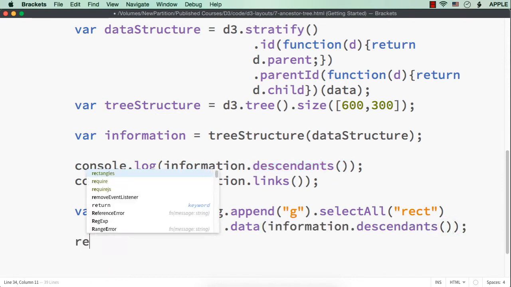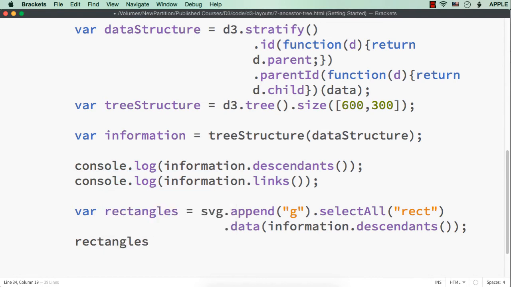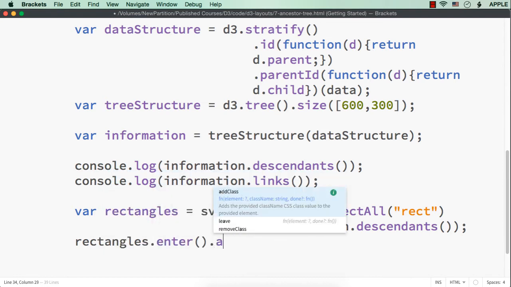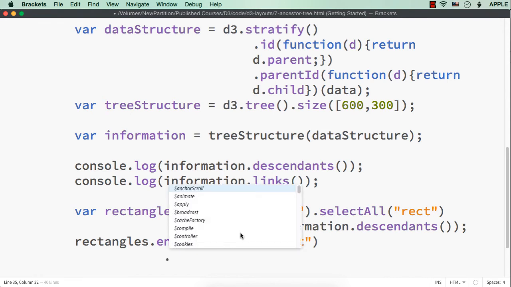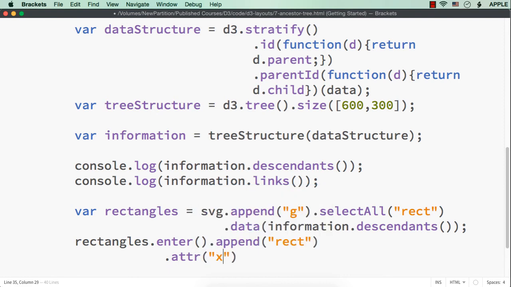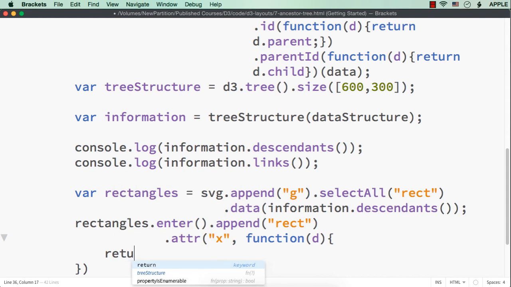Then let me specify rectangles dot enter dot append rect. Then what should we do? We should set the x and y values, that is the starting position, and the width and height can be set using CSS. So here let me specify dot attr x to be function d return d dot x.